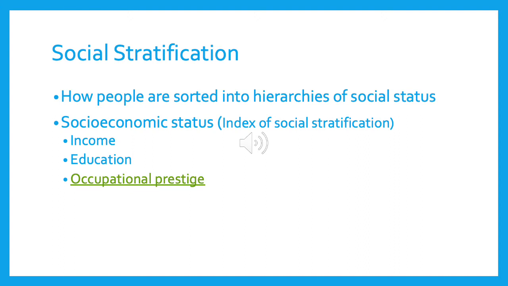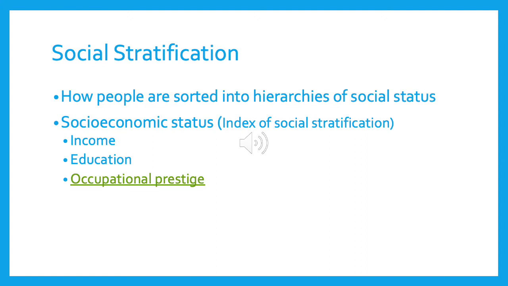When we talk about social stratification, most people have in mind social class. But stratification literally just means how people are sorted into hierarchies of social status. We get the word stratification from the root word stratum. A stratum means a layer. So if you picture a layer cake, or if you're into geology, a cliff face with different layers of rock, what it means is that things are sorted into layers. So when we think of social stratification, we're talking about the ways in which people are sorted into layers or